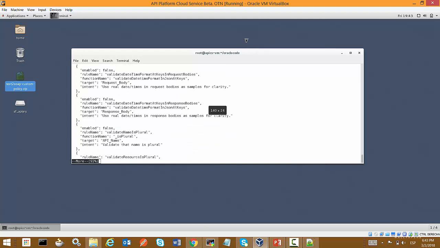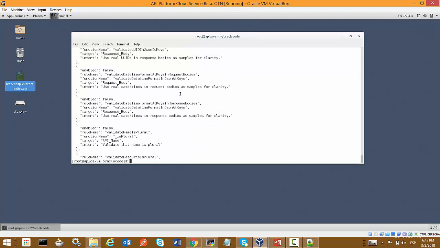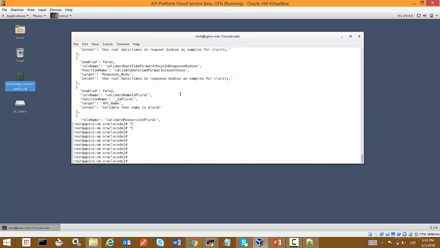The first thing that I'm going to do is fetch the API blueprint that I want to apply those functions to.